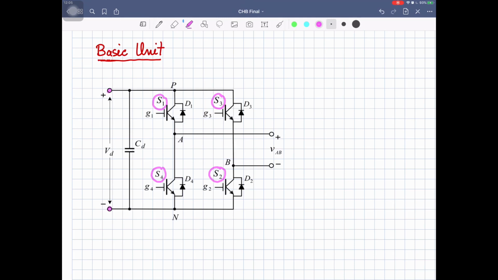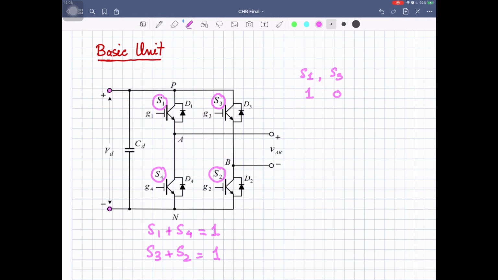So now I will define the switching logic with respect to the high side switches, that is S1 and S3. If I apply the switching logic 1 0, that means switch S1 is in the on state and switch S2 is in the on state, because S3 is off, so the lower switch S2 will be on, assuming that these arm switches are operating in complementary mode. That means S1 plus S4 will be equal to 1, where 1 is the binary one, that one of the switches will be on at any instant of time. Similarly, for the second arm, S3 plus S2 will be equal to 1.